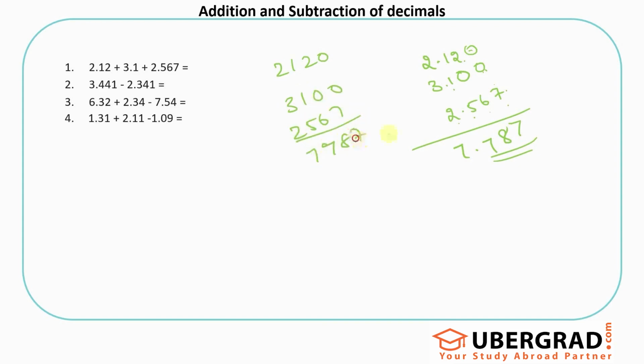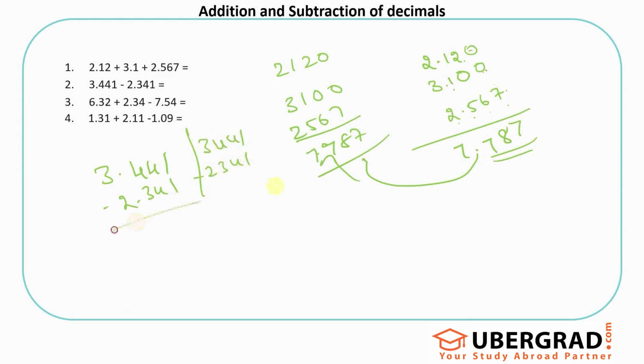You just have to follow the decimal point as it is, and you get 7.787. If I say what is 3.441 minus 2.341, it's similar to doing 3441 minus 2341. 1 minus 1 is 0, 4 minus 4 is 0, 4 minus 3 is 1, 3 minus 2 is 1, so that will be 1.100. If I do the third one, first I add 6.32 and 2.34, that will be 8.66, minus